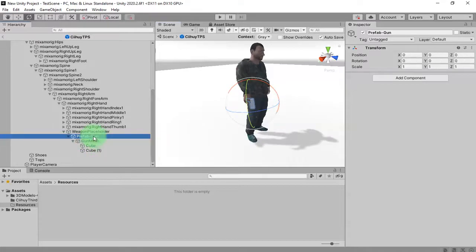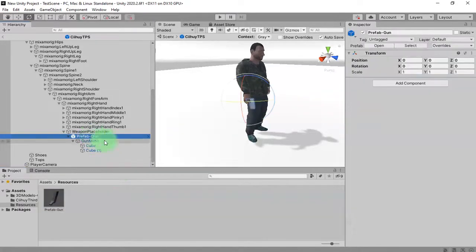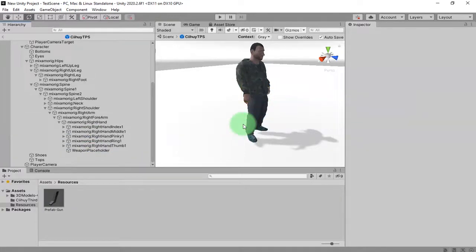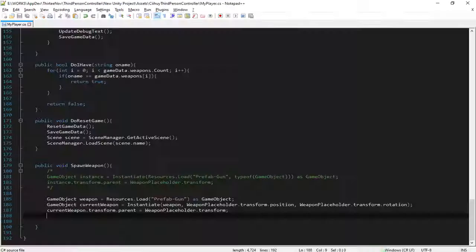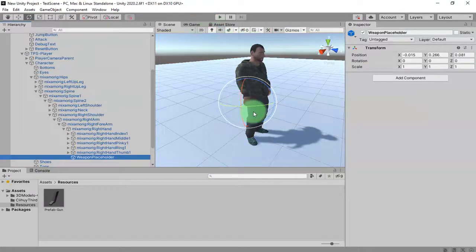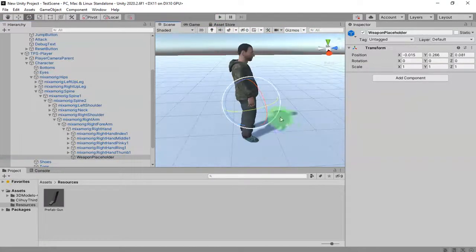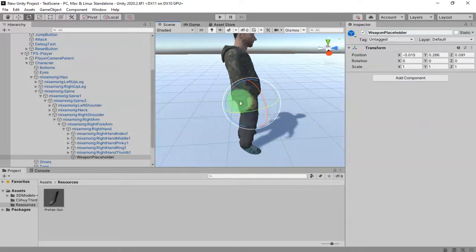Now I can create the prefab. I drag and drop the prefab gun, then I delete the prefab gun object from the hand. Then I can try to execute the script by clicking this play button. I hope I will see the gun correctly placed here at the hand.